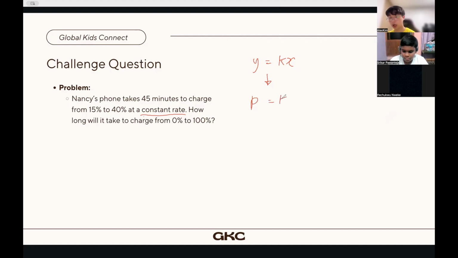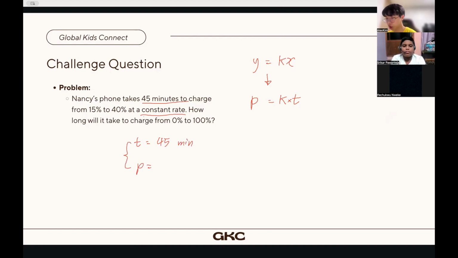And then k is just a constant, so we'll leave it as it is. And then we can change the variable x to the time it takes to charge. And so we'll put that as a variable t. And so we need to find values for p and t in order to find a value for k. And so if we were to do that, then we are given the information that it takes 45 minutes. So t equals 45 minutes